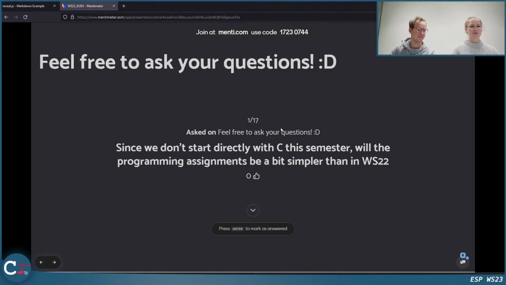We just delay starting with C a little bit, so maybe you can get a better feel for how to think when you program, learn how to think about algorithms, and get a deeper understanding of how computers and memories work before you jump into C. And in addition, we assume that some other courses teach the basic concepts already, so that we can really start in November and dive into C and don't need to explain everything from the beginning.